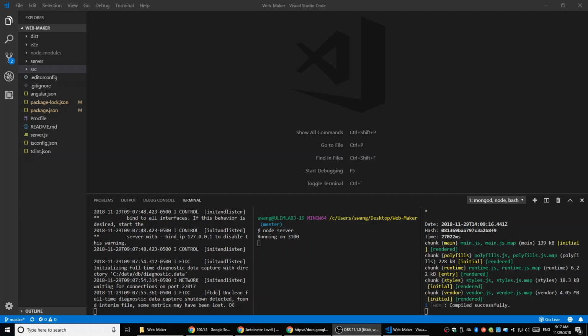Right, so let's keep working on that. Here I have everything running: MongoD, Node, and ngServe. MongoD is hosting my database on port 27017, which is the default port for the database. And the Node server is running my server side on port 3100, ready to receive any incoming request